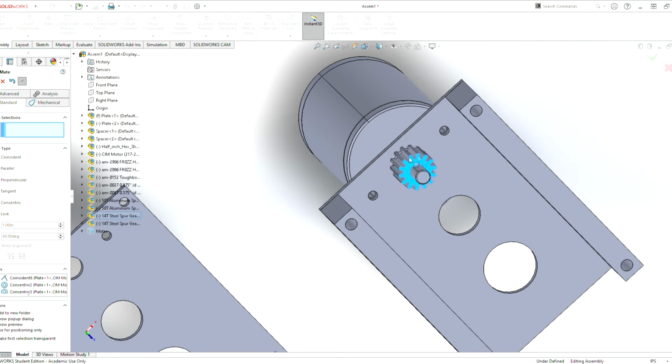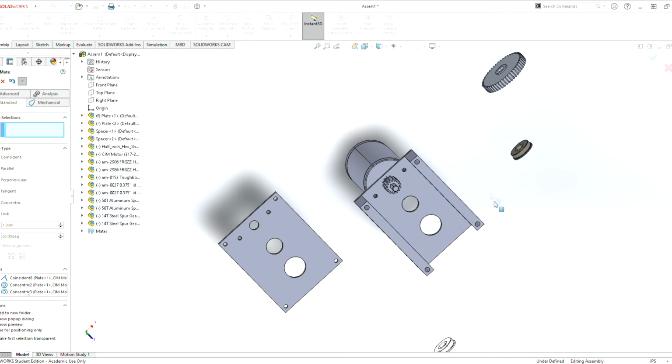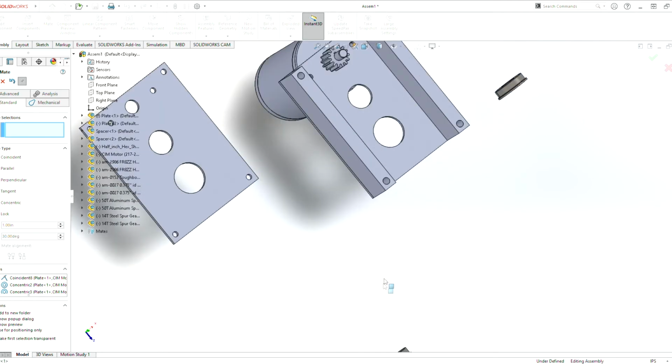The gear is not. The gear can fully rotate on it since we did not constrict it to not be able to fully rotate, which is what we want. We want this gear to be able to rotate with the rest of it. But the motor would not rotate. So now we need to add